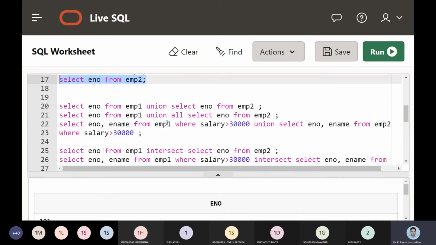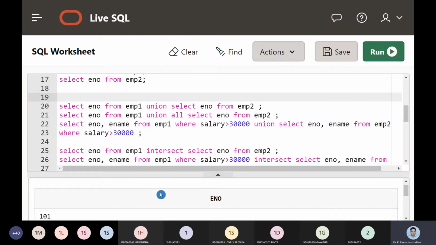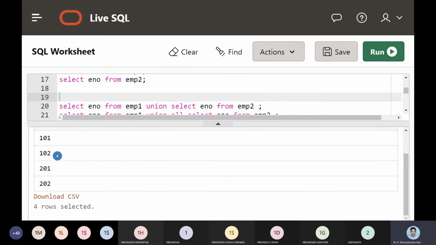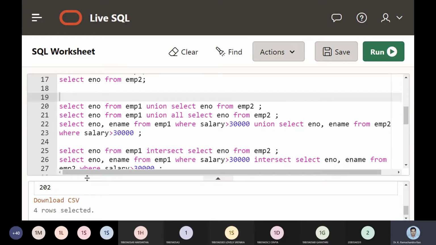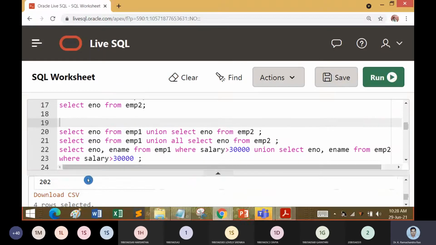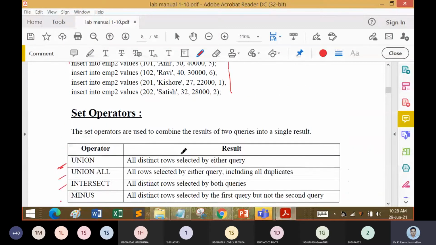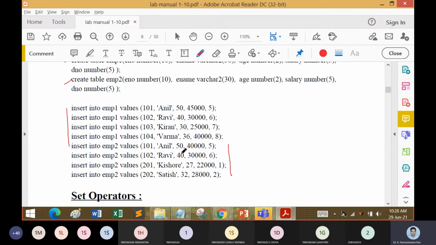Okay, now what was the query telling? The query was telling select employee number from employee 1 union employee number from employee 2. So we need to have a commonality of the terms at this point of time. What are the two common elements? Earlier we have 101 and 102, in the employee 2 table also. So 101 and 102, only these two fields are going to be recorded. So let us go to the technical part once, and then we will have a clear-cut understanding here.